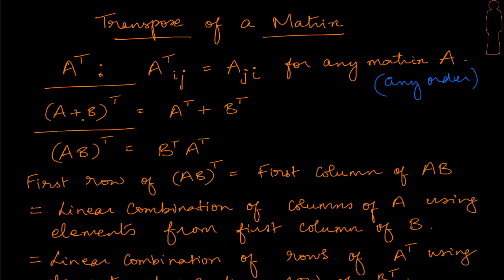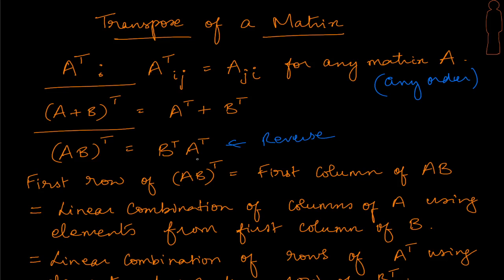A very easy property to understand: if we have two matrices, the transpose of the sum is the sum of their transposes. We can take a simple example to think about it, and this should not be a problem at all. But more interesting would be to look at the transpose of the product. Similar to the inverse of the product, we find that the transpose of the product is the product of the transposes but in reverse order. So again we see the reverse order coming in: it is B transpose A transpose.